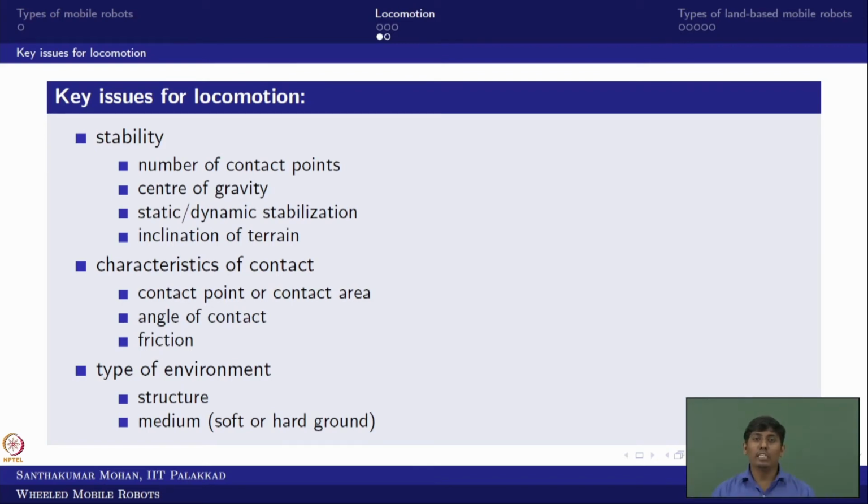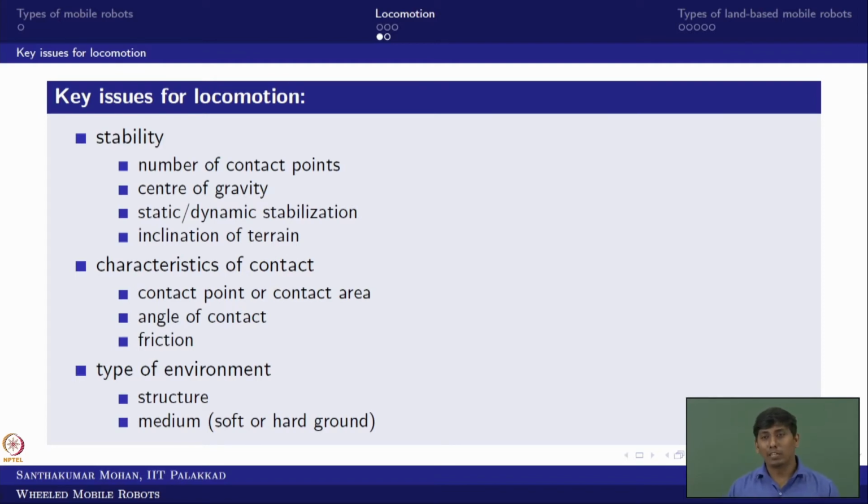When you are talking about wheeled locomotion or legged locomotion, the characteristic is important based on the friction and the contact point. Now take one simple aspect. You are standing on your legs, barefoot. Now imagine the next scenario, you are standing on a roller wheel. Definitely the characteristic of contact is changing, right? Although the situation is the same, in one case you are barefoot where friction is ensured, whereas the other is rolling contact, a point contact. These are the cases that must be addressed when you talk about locomotion.